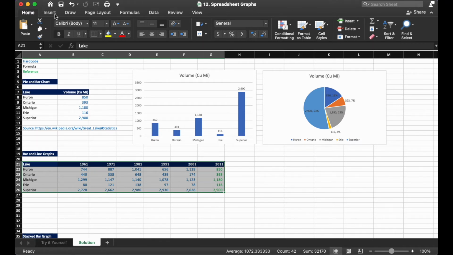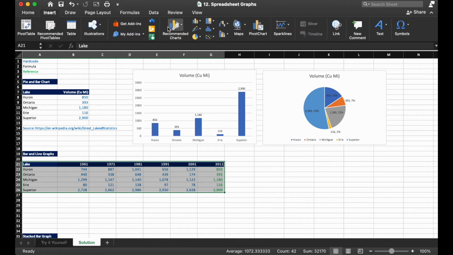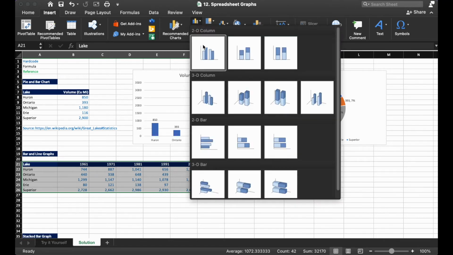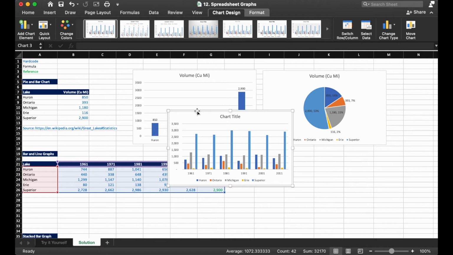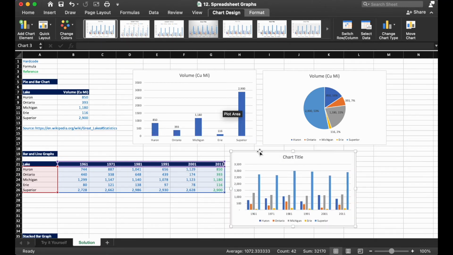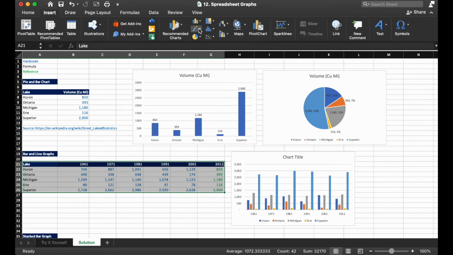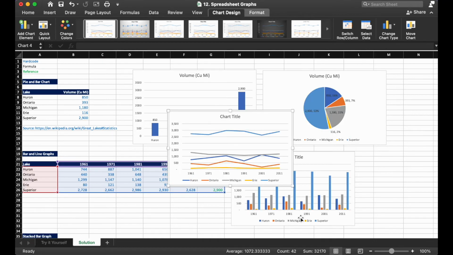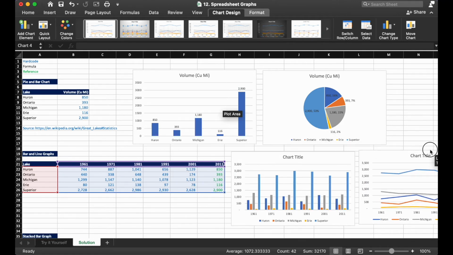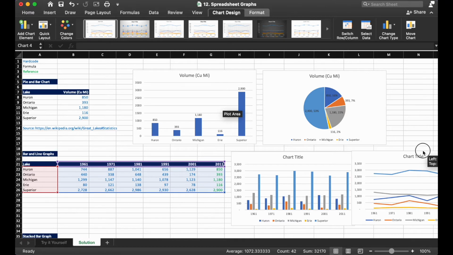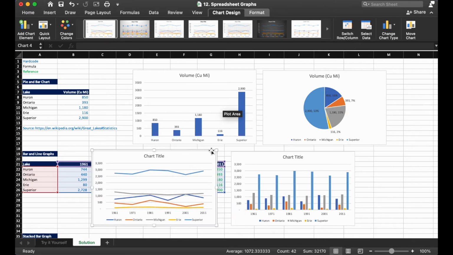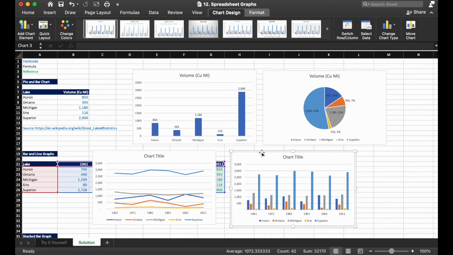Then we're going to go back up into our ribbon here. We're going to insert, and instead of doing recommended this time, let's go over here to the bar graph icon, and we're going to insert a clustered bar graph. And then we're also going to click out and insert, again, back to the ribbon. I'm going to go ahead and insert a line graph as well. So let's slide this off to the side for now. Actually, pop back over here. So, which of these two do you think does a better job of showing the change in water volume over time?